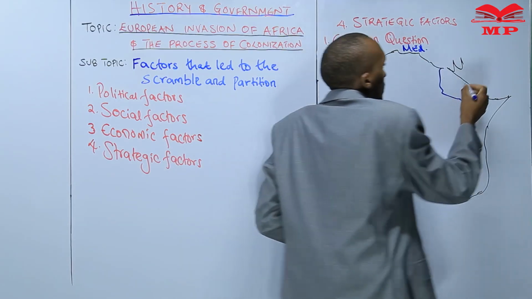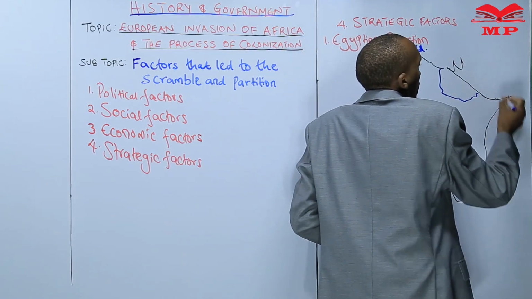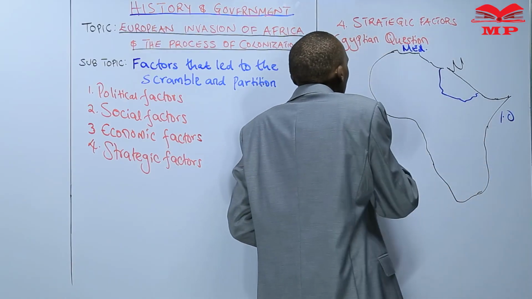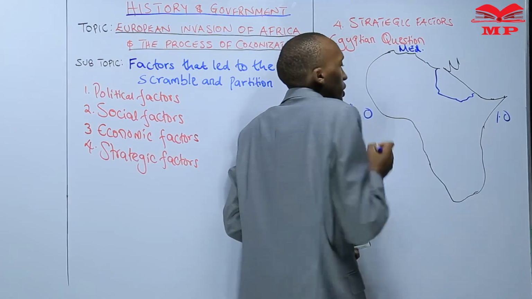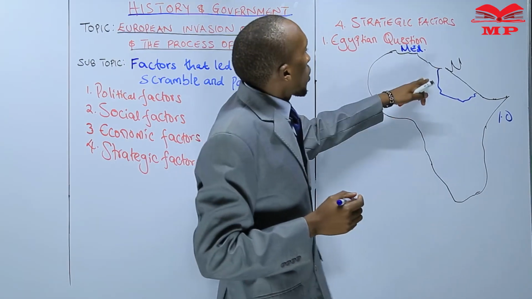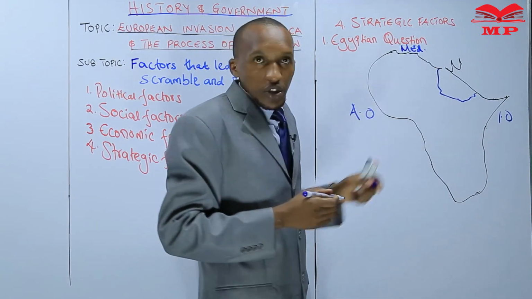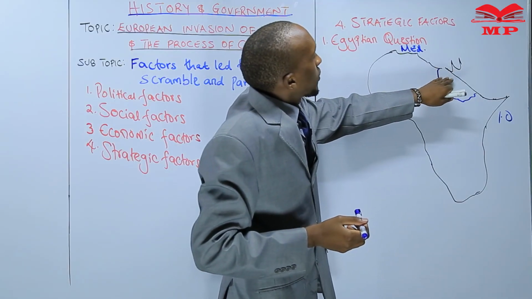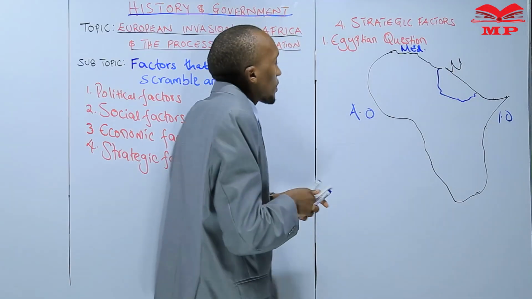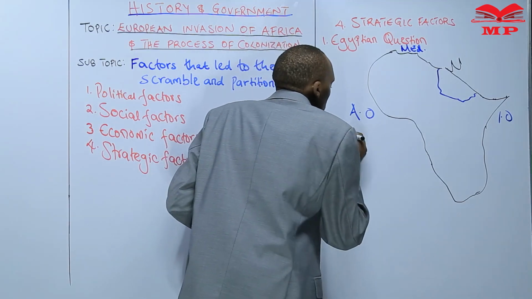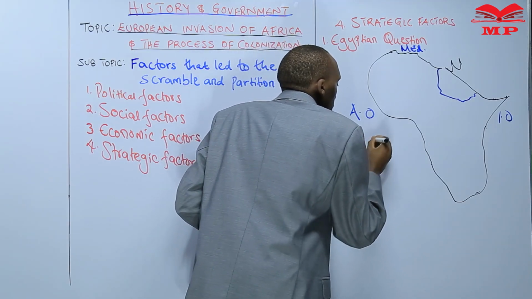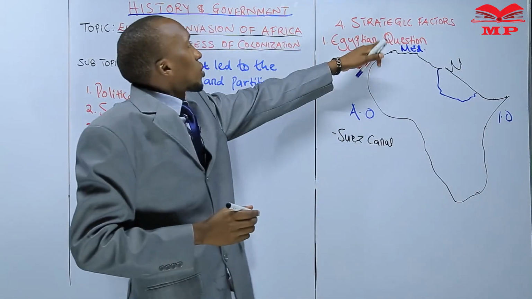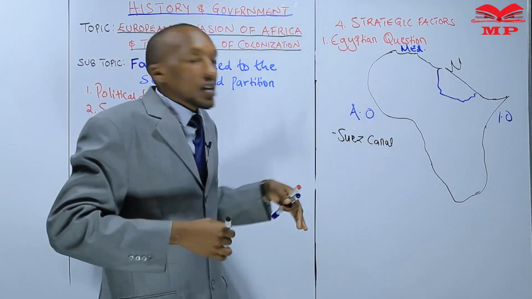Sea, right? Here we have the Indian Ocean, right? Here we have the Atlantic Ocean, right? So when you talk of Egypt, the Egyptian question, this is a place where we have what we refer to as the Suez Canal. The Suez Canal. Remember, my learner, I want to explain how the Egyptian question led to the European powers scrambling